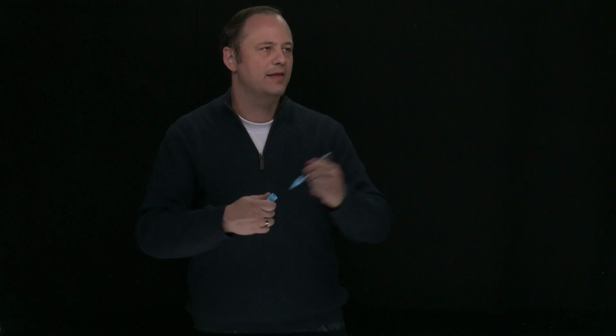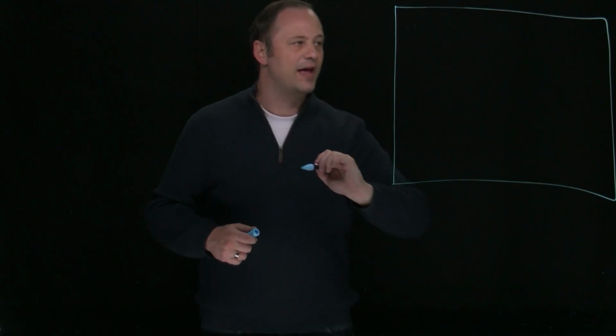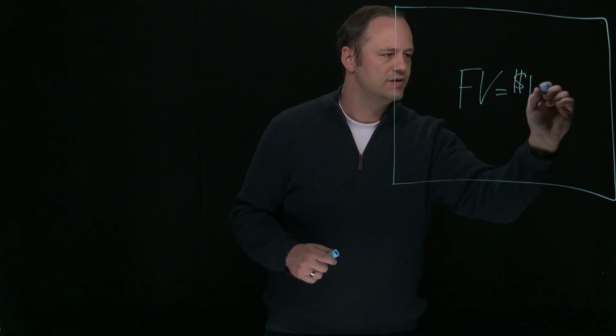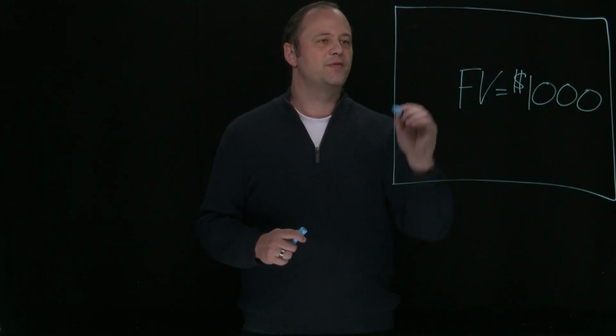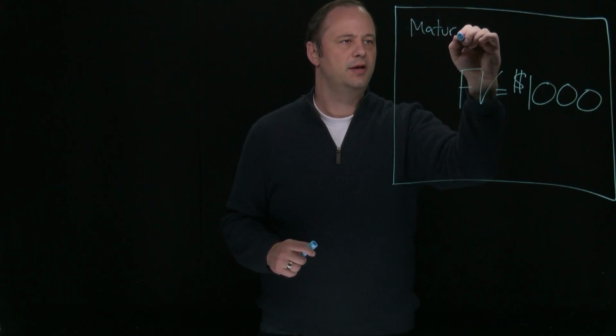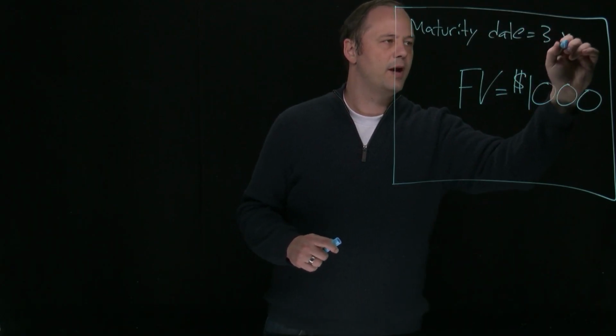In the old days, a bond, in our example, used to be a piece of paper. And that piece of paper used to have all those contractual obligations on it. So it looked like this. Imagine IBM issued a bond. This nice big piece of paper. It would specify the face value or par value. Those are synonyms. Let's say of $1,000, as in our example. It would specify the maturity date, in our example, 3 years from now.